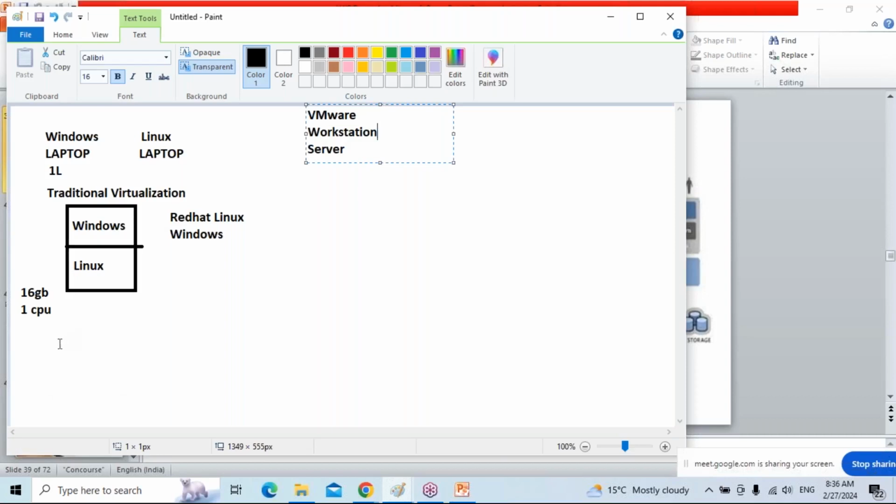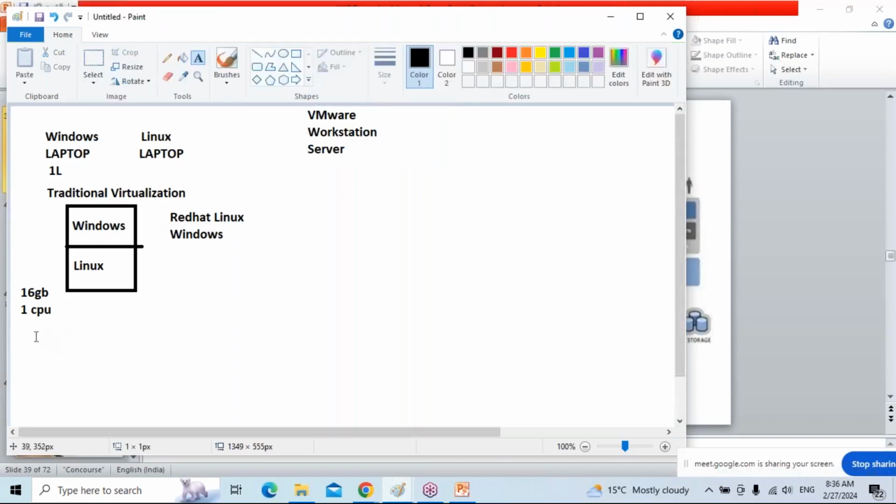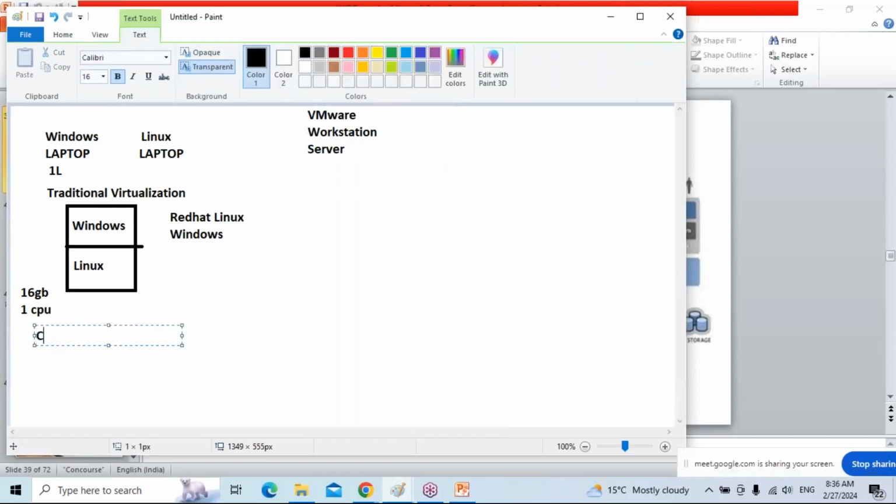you know that in Microsoft we have two types of operating systems. One is client OS. The other one is server OS. Clients are Windows 7, Windows 8, Windows 10. All these are client OS.